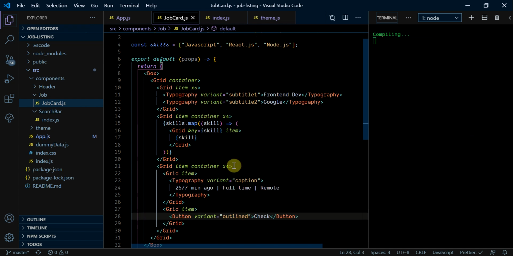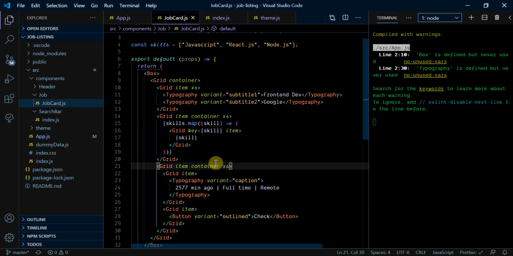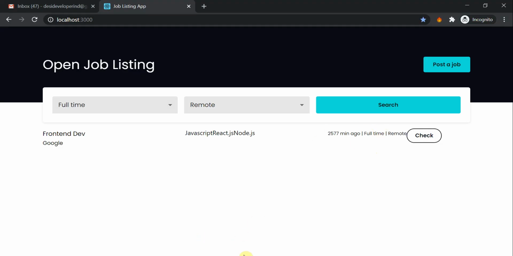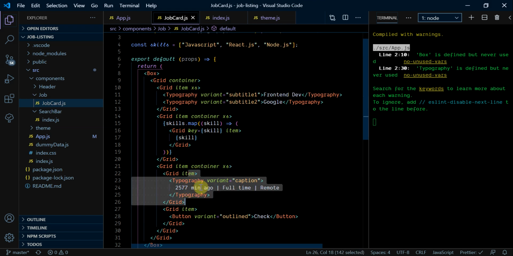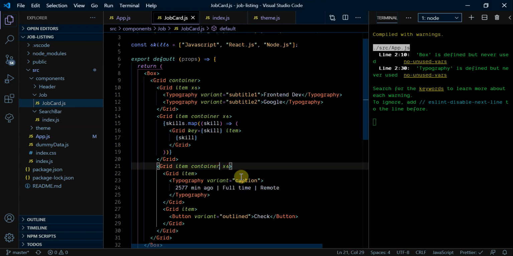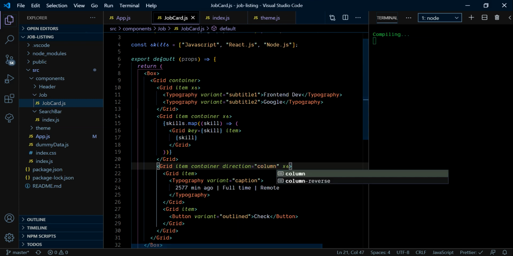So if we have a look right now, we also need to change the direction of the grid item, because right now it won't make much change. But the main purpose of making it a container and wrapping these components inside the grid item is to add the direction, and that is we can have the column one, so they sit on top of each other.